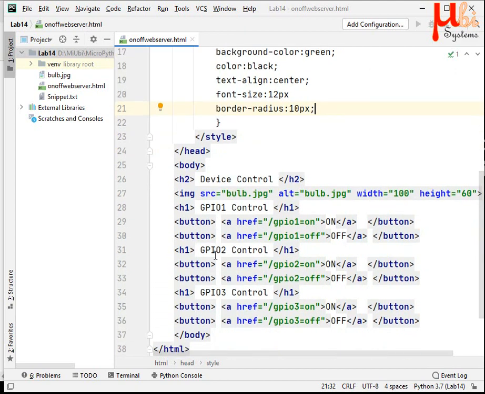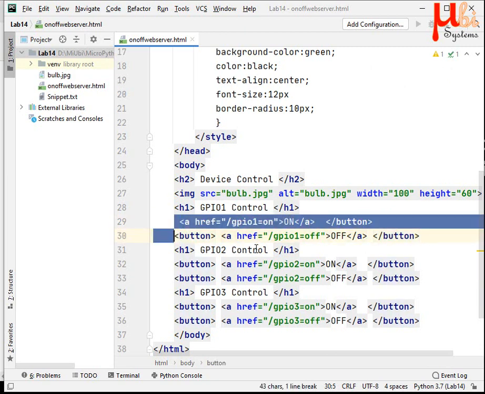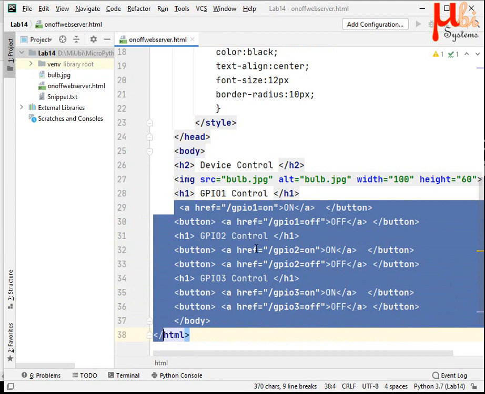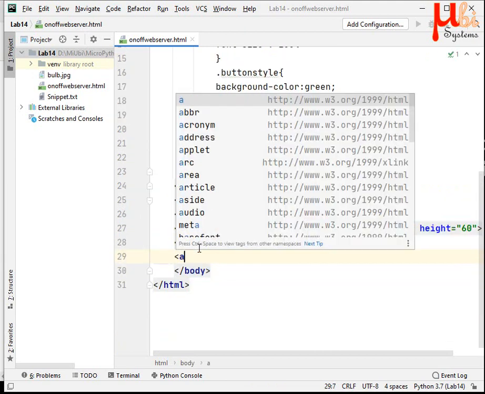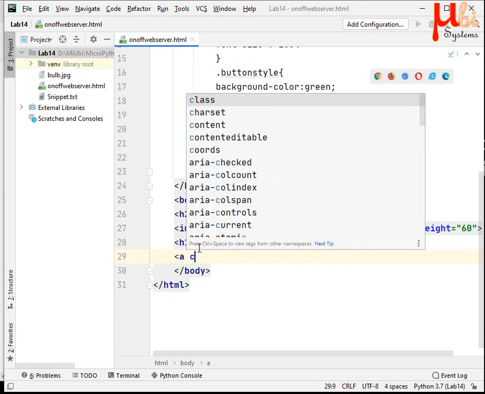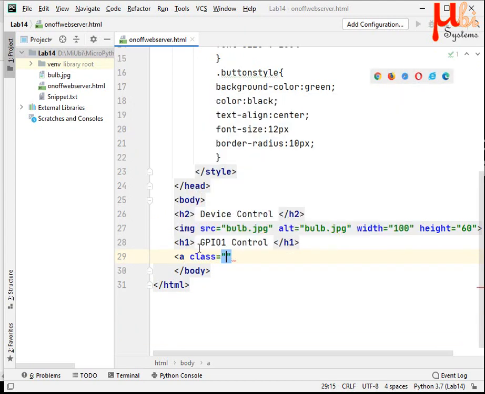So here I should refer to it, so simply I can remove this button. There is one more technique we can use. Let me remove everything because it is again a copy paste. Under H1, I want to create an anchor where the class of the anchor is button style.